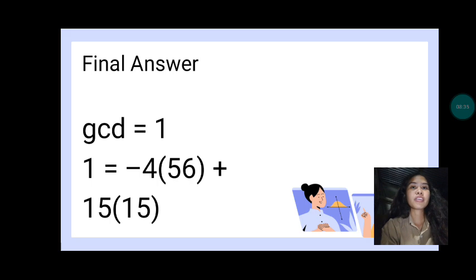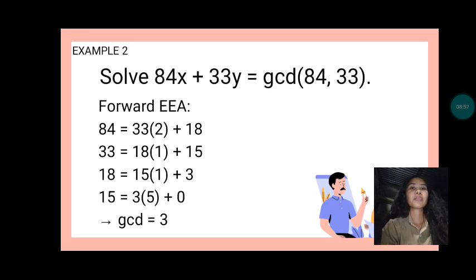So we have here the final answer: the GCD is equal to 1, and our x is equal to negative 4 and our y is equal to 15. Now let's proceed to the next example. So for our next example, we are to solve